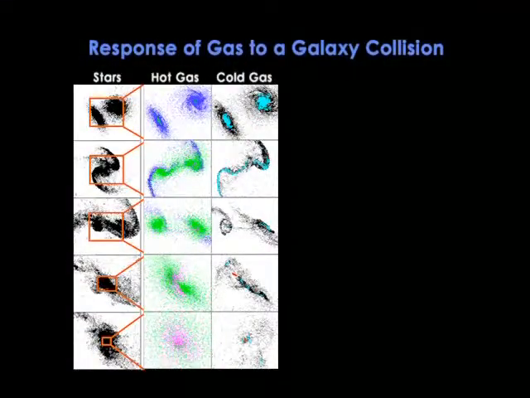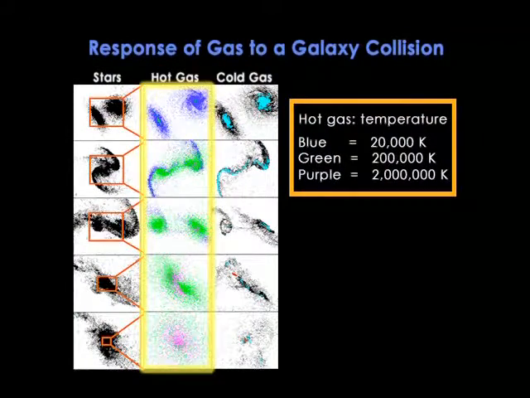Now, this sequence helps us see what happens. The left side shows the stars and dark matter. Actually, their motion is pretty much unaffected by the gas, and you can see the merger unfold from one panel to the next. However, unlike the stars, the gas from each galaxy doesn't simply pass through, but instead it collides at high speed, and the force of the collision both compresses and heats the gas.